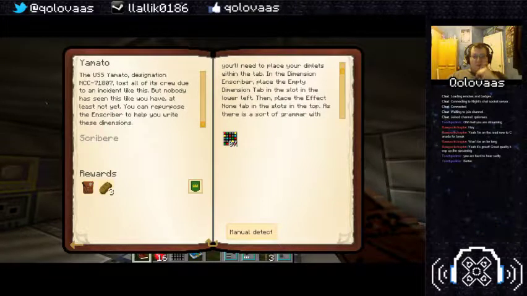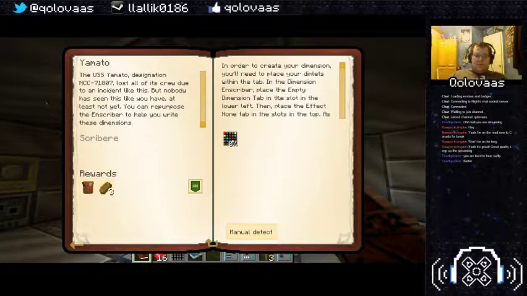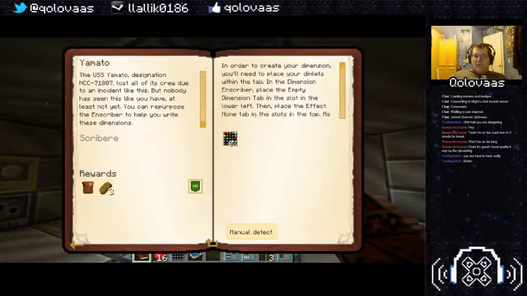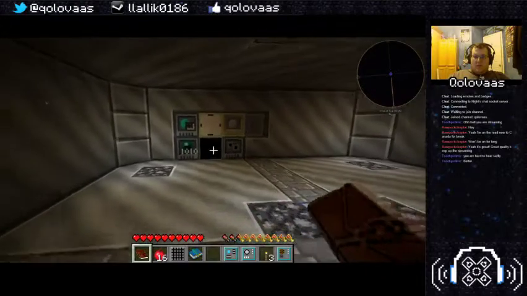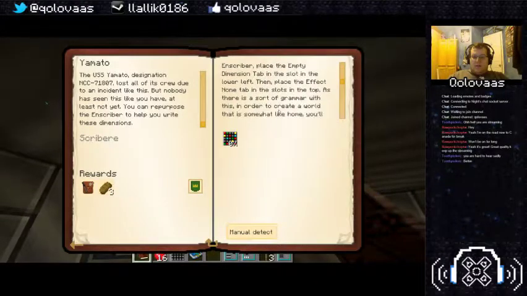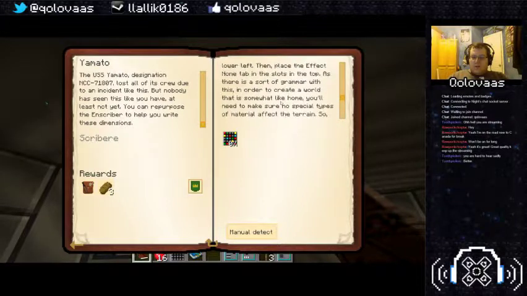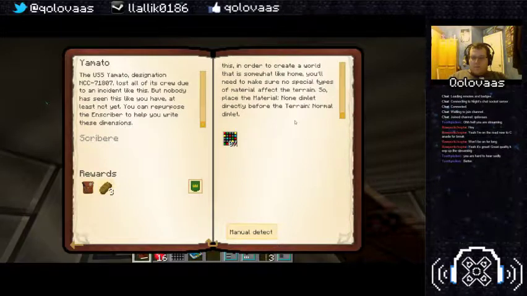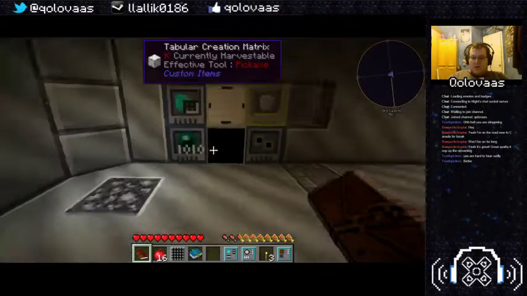In order to create your dimension, you'll need to place your dimlets within the tab. Dimension inscriber. Place the dimension tab in the slot in the lower left, and place the effect none tab in the top slots, as there is a sort of grammar with this. In order to create a world that is somewhat like home, you need to make sure there's no special types of materials in the terrain, so place material none directly before the terrain normal dimlet. Alright, so